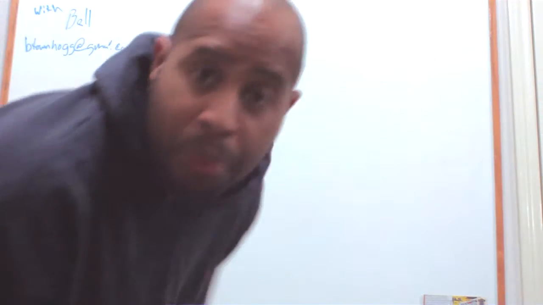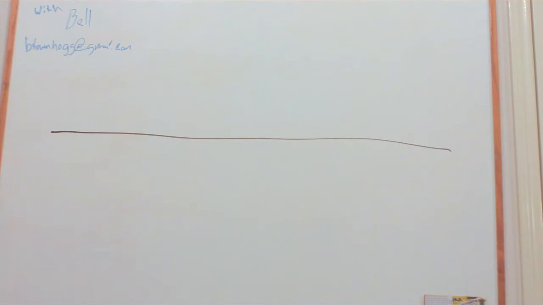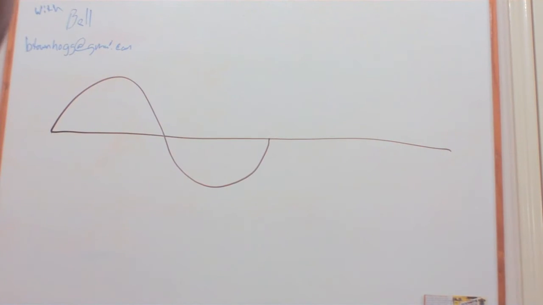All right, so right here you're gonna have the zero line that I'll tell y'all about. That's your line right there. Now what we're gonna do is draw a waveform based on this line, and I'm gonna draw one of them just to give you a representation of one cycle per second. Let's go. All right. Now, my friends, as you see what I drew, that is one cycle per